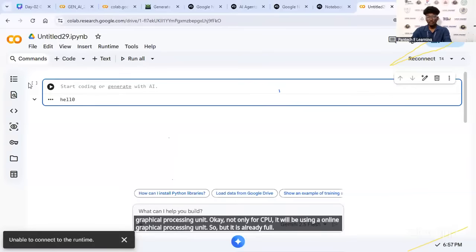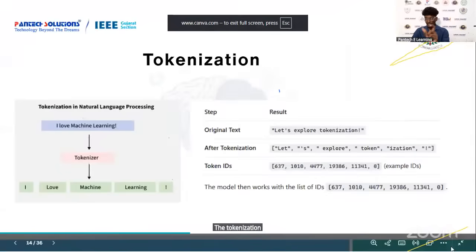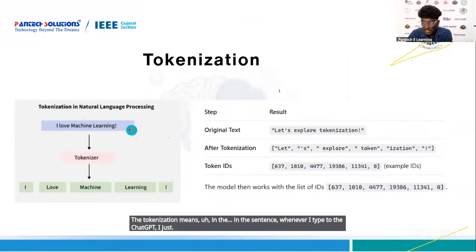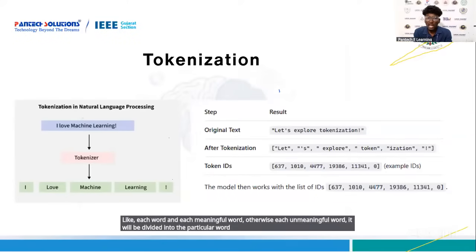Okay, so first, tokenization. Tokenization means that whenever I type a sentence into ChatGPT, like "I love machine learning," it will be divided into separate things, into tokens. Tokens are each meaningful word, or otherwise each unmeaningful word, and each word has a separate value, like random numbers.